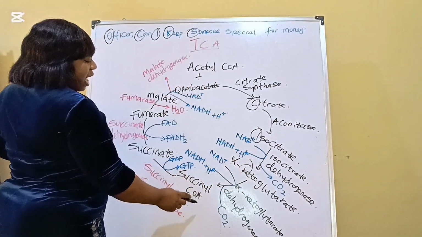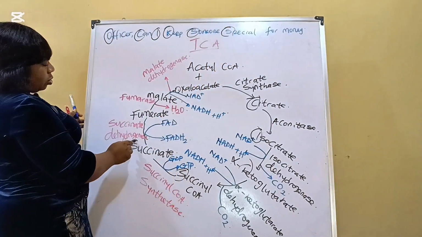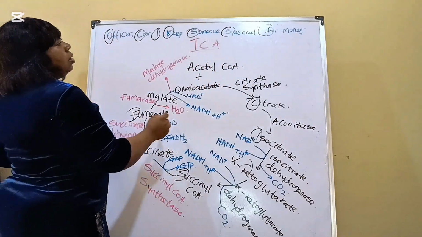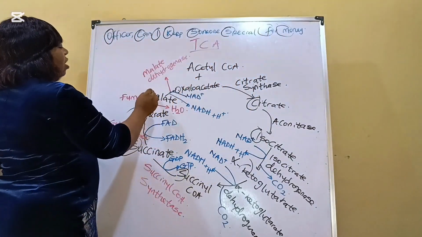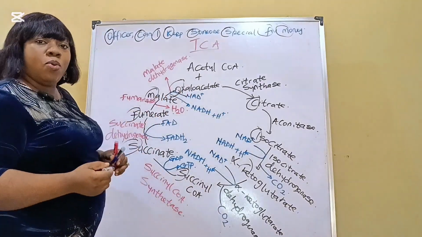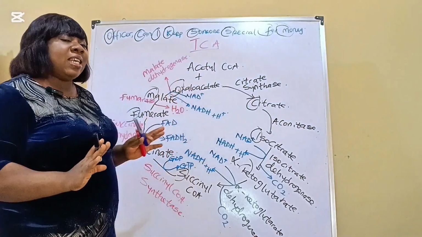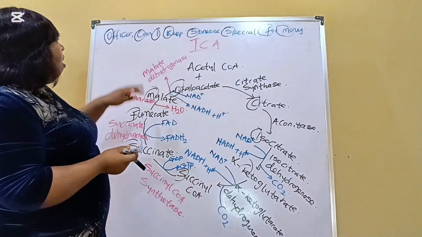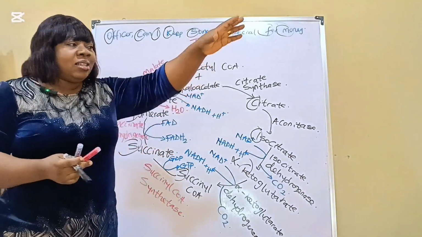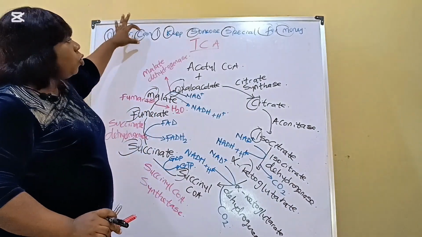Someone, the S here stands for succinyl CoA. Special, the second S stands for succinate. For, the F there stands for fumarate. Morning, the M there stands for malate. Then we come back to this Officer, which stands for oxaloacetate. So when next you want to remember your TCA cycle very well, just remember this. Officer, can I keep someone special for morning? So when you first write that down in your book, then use the first letter of each word